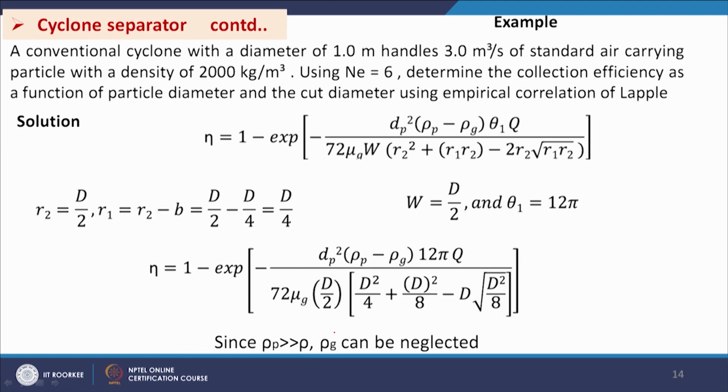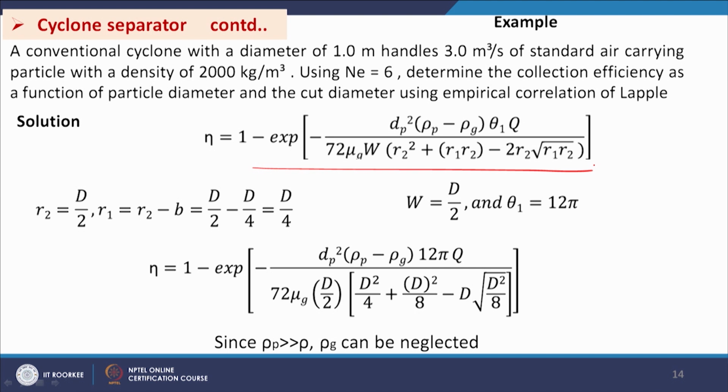So, now we will see one numerical example. A conventional cyclone with a diameter of 1 meter handles 3 meter cube per second of standard air carrying particles with a density of 2000 kg per meter cube. Using n equal to 6, determine the collection efficiency as a function of particle diameter and the cut diameter using the empirical correlation of Lapple. So, we have this formula for efficiency equal to this expression, and now from the